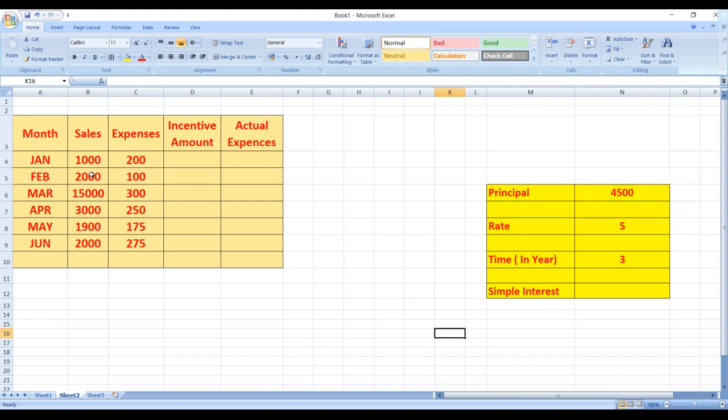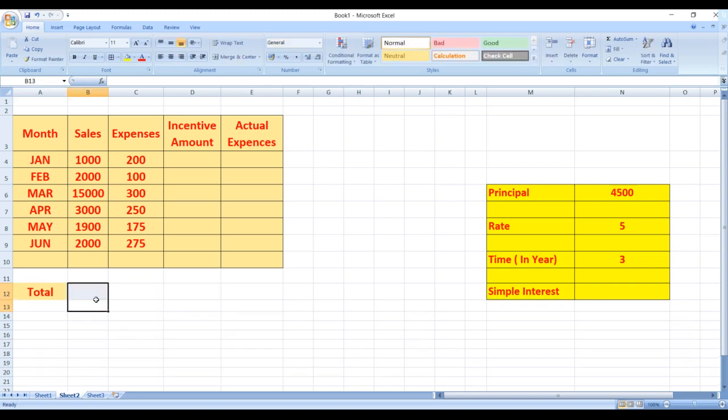Now for a basic formula, let us start with the total. So let us mention here total. Now for total, we are going to do the total of these cells. How to start?